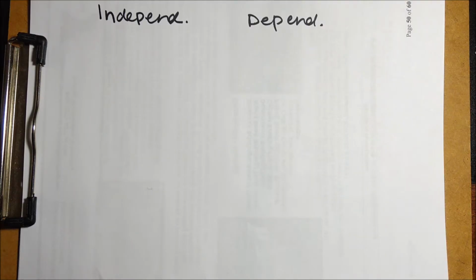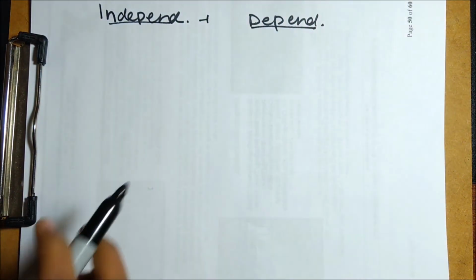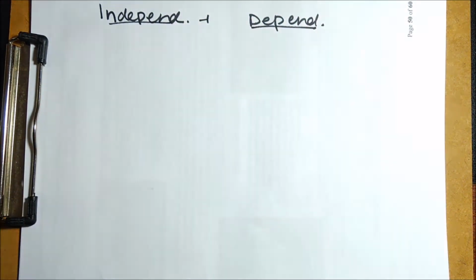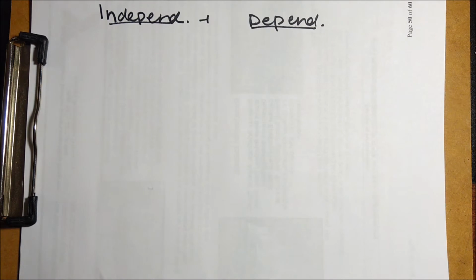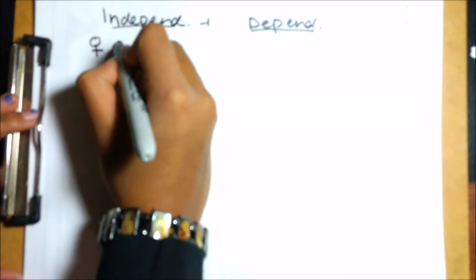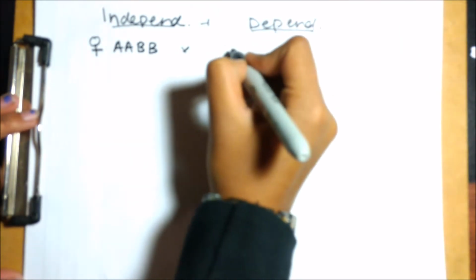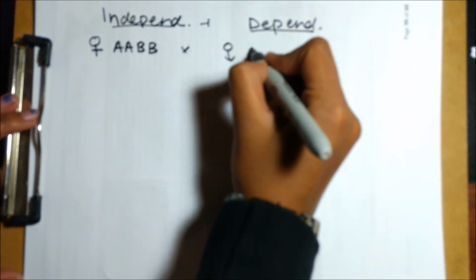So I have been getting a lot of questions about how independent and dependent assortment work, especially how dependent works when the genes are linked on the same chromosome. To understand this, we're going to look at independent and dependent assortment in meiosis and figure out the difference between the two. So let's imagine we have a female that's all homozygous dominant mating with the male that is